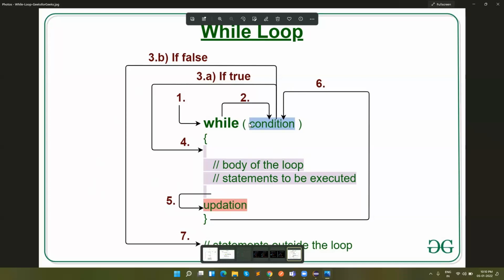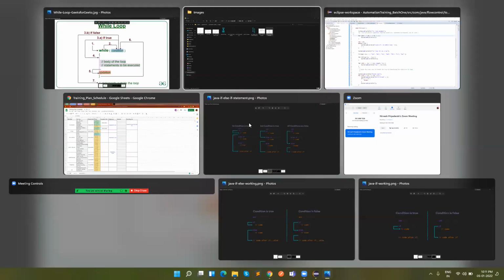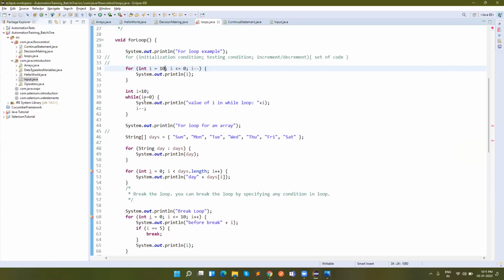in a particular condition, obviously you will have something like a flag, true or false, or I is greater than or equal to 5. Here we have written while I is greater than or equal to 0.